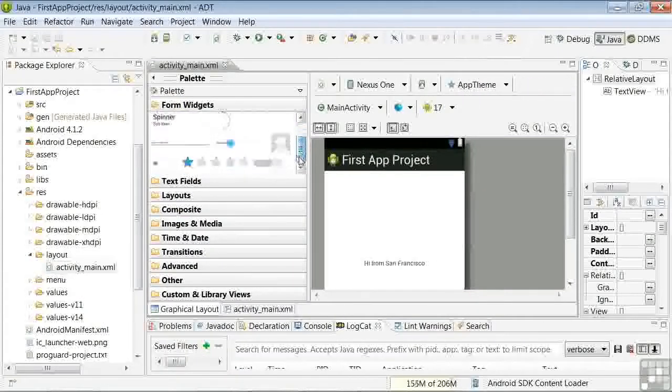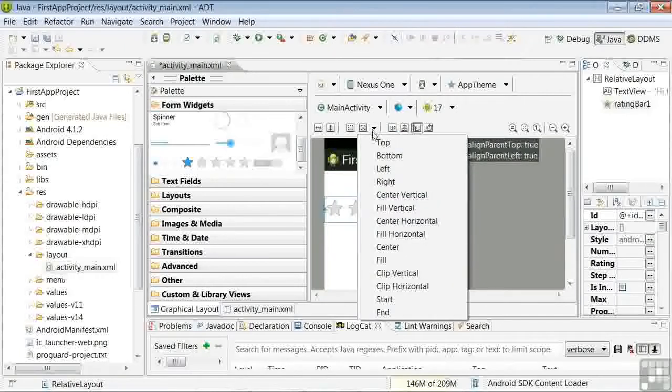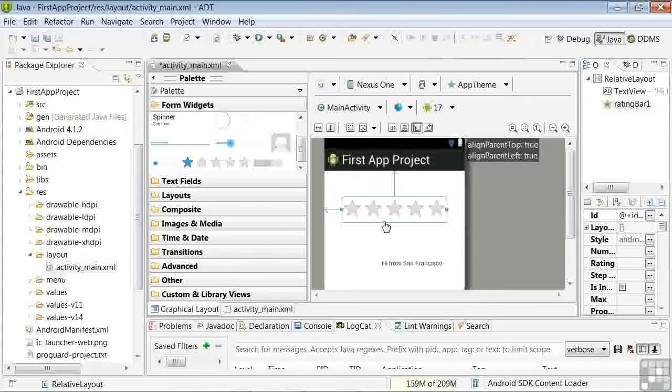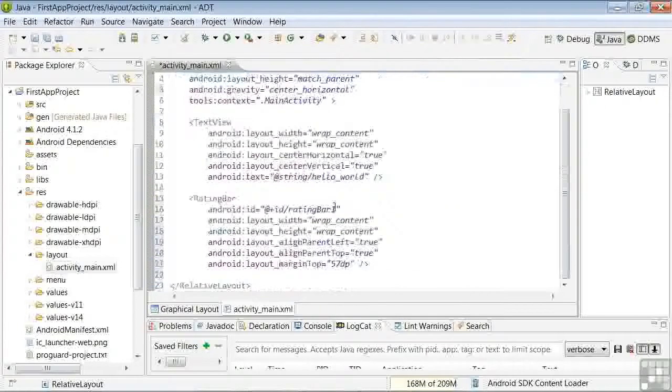And here we see the ratings bar. Click on that, pull it over into our display. And then if we wanted to, we could center it by clicking on this drop-down menu, click on Center Horizontal, and we see the ratings bar has been centered. And now if we click on the XML tab, we see the ratings bar XML has been added with the